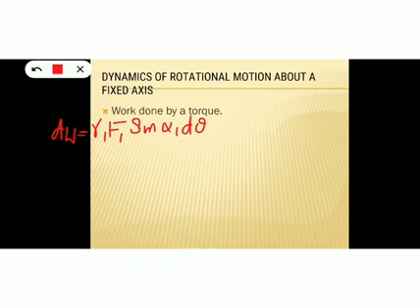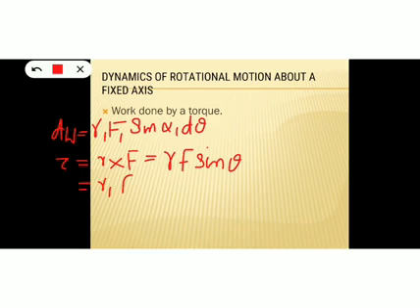Now what is torque? Expression for torque is R cross F. We had already studied about the expression for torque in our previous sessions. So torque is equal to R cross F equal to RF sine theta, isn't it? Where theta is the angle between R and F. So here in this case we can modify this expression like this. Instead of R we can write R1, instead of F we can write F1, and instead of theta we can write alpha 1. So a torque can be written as R1 F1 sine alpha 1.